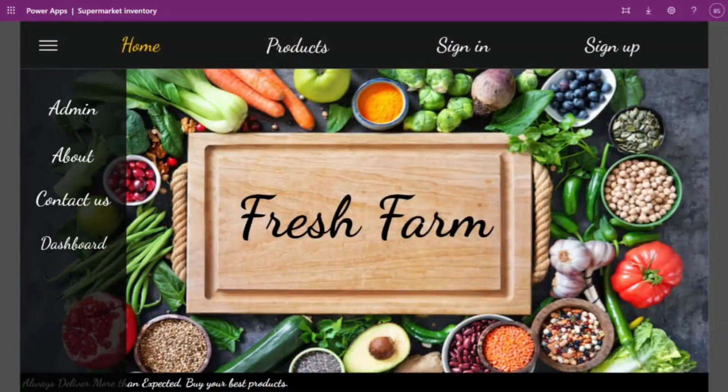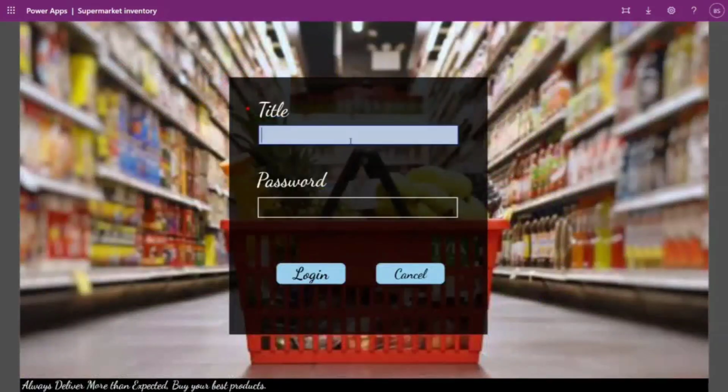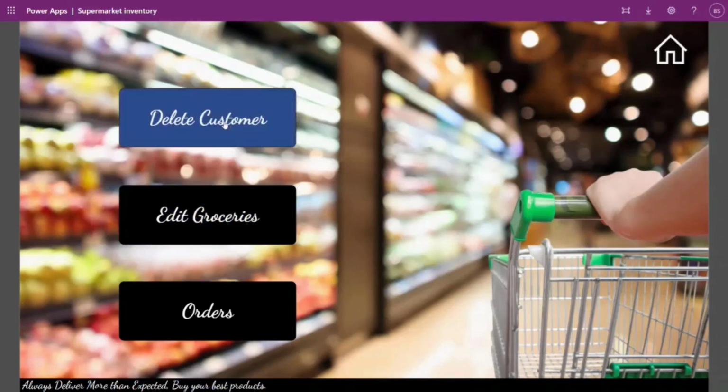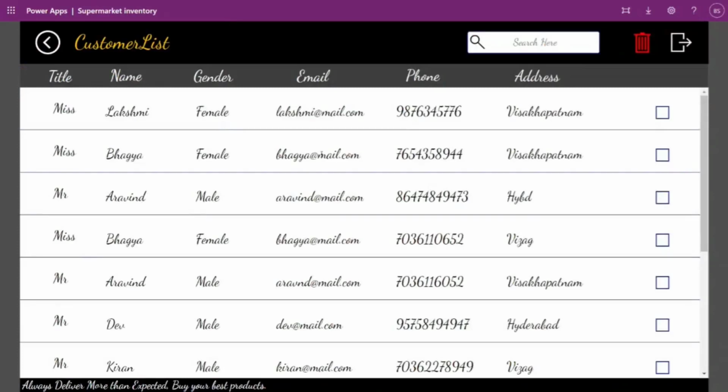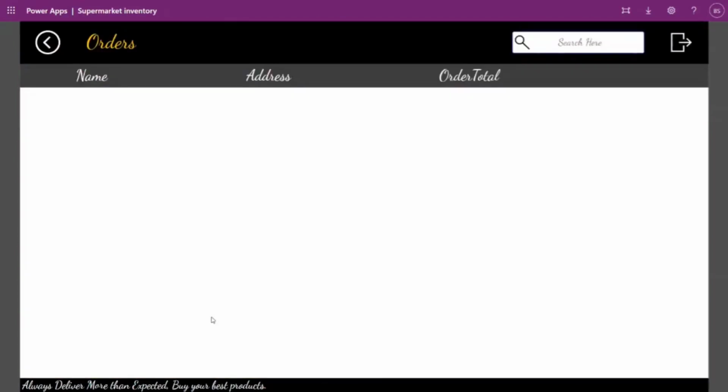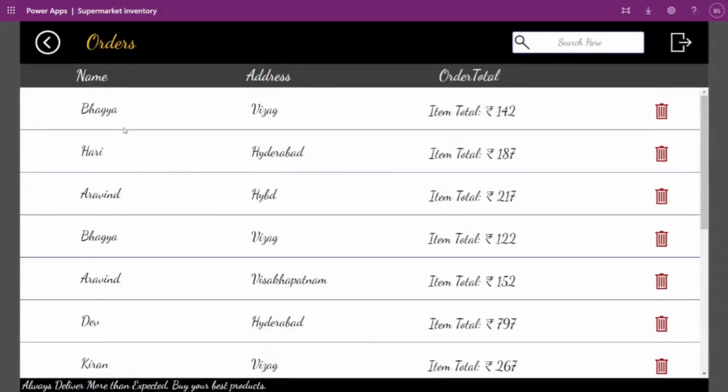Coming to the admin portal, admin has different login credentials. The admin can insert new products or delete existing products. He can also see all the customers who have an account in Fresh Farm, and also he can see all the orders purchased by customers.